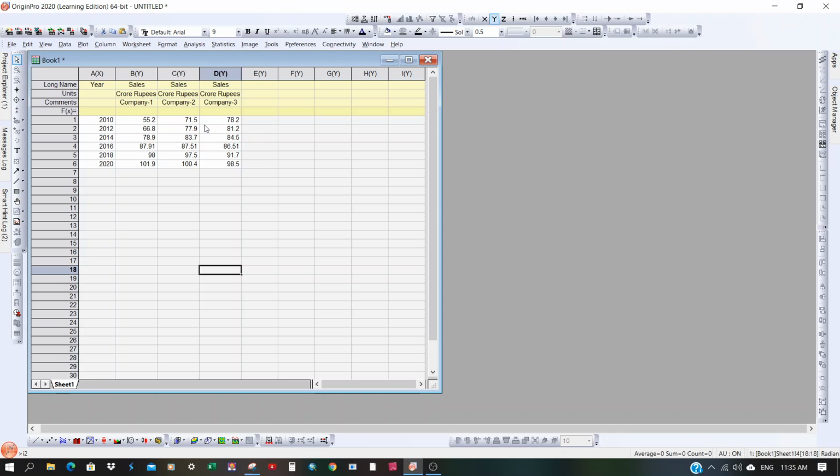So in this video, I am going to show you how to draw a bar chart with single column and multiple columns. So this is the data I have. In the x-axis, you can mention the year, and in the y-axis, you can mention the sales corresponding to three different companies. So in the beginning, I'll show you column chart for the only one variable, that is only for one company. So select the data.